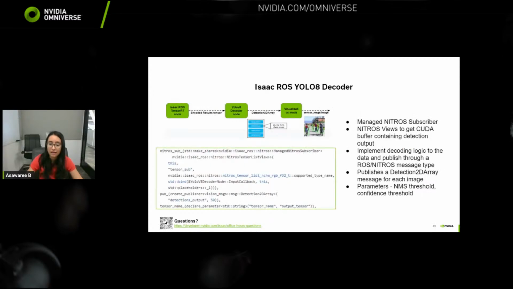Okay, I think this is one of the most interesting slides because it shows how straightforward it is to make your node Nitros compliant, Nitros capable. At the bottom, I've included a small code snippet. The entire code is available on the Isaac ROS YOLOv8 repository. This is how to actually use the managed Nitros subscriber. It's just a few lines of code. It may be too small, but I hope you can see it says the Nitros tensor list